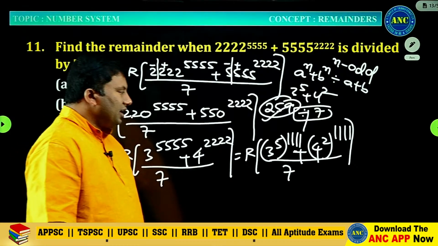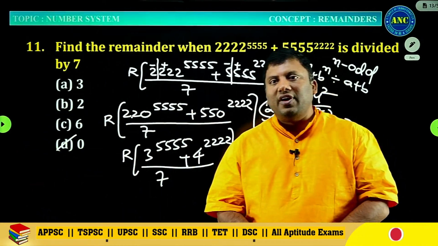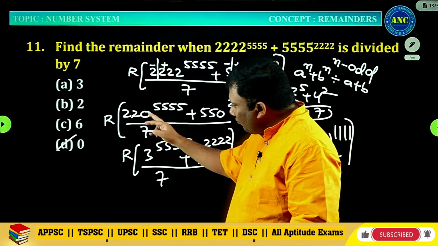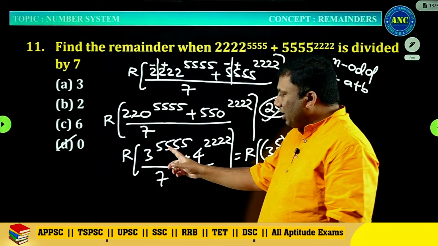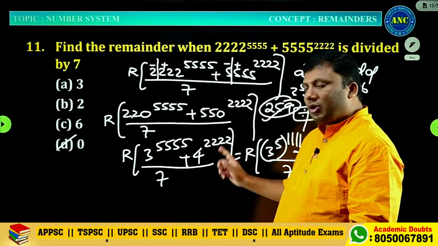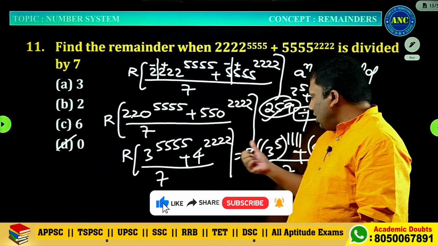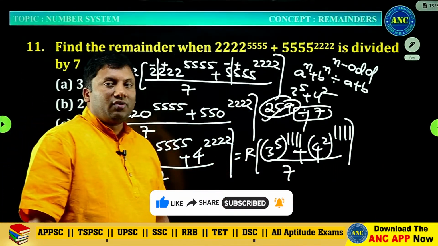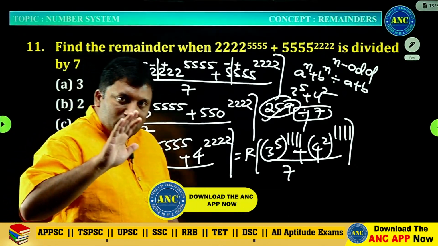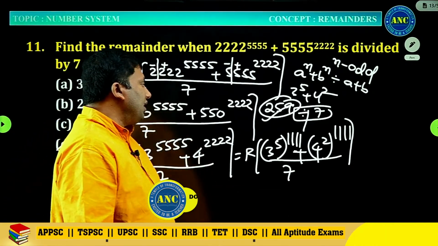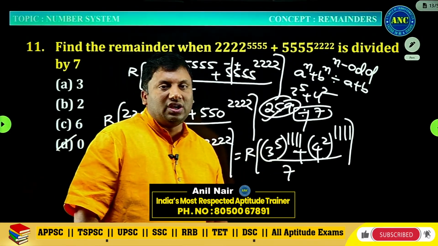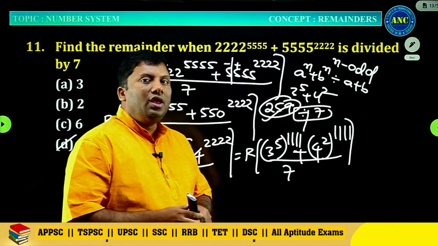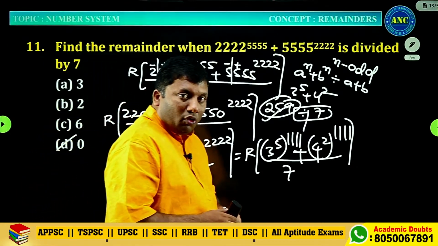I hope the idea is very much clear. Please put a star mark on this question. The first 4 digits became 3 digits, and 3 digits became a single digit. So 3 power 5555 plus 4 power 22222, divided by 7, I wrote as 3 power 5, power 1111, plus 4 square, power 1111. a power n plus b power n is always divisible by a plus b if n is odd. 243 plus 16 is 259, and 259 is divisible by 7. I hope the idea is clear.